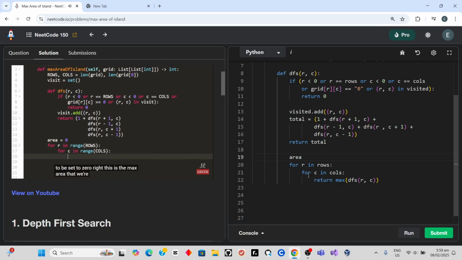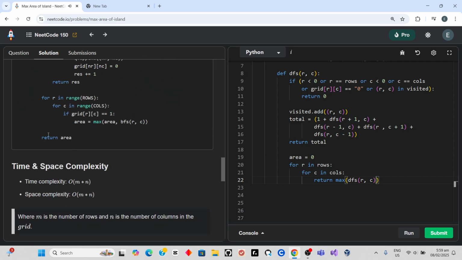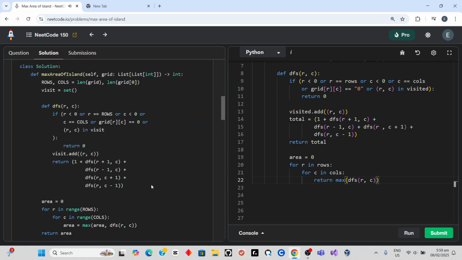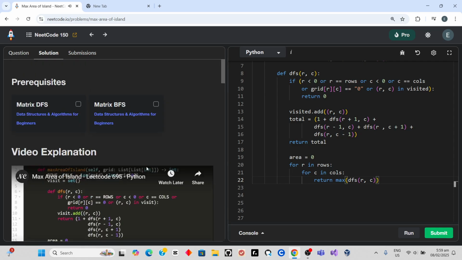This is the max area that we're maintaining. Every single time we call our DFS, we want to potentially update the area if it's greater than the current area. So we're going to take the max of the current area and the result of the DFS call that we're going to be doing on the row column pair that we're currently iterating through. And once that is done, we will have the